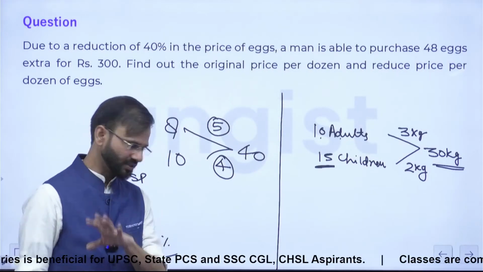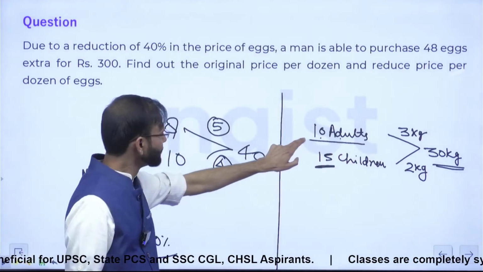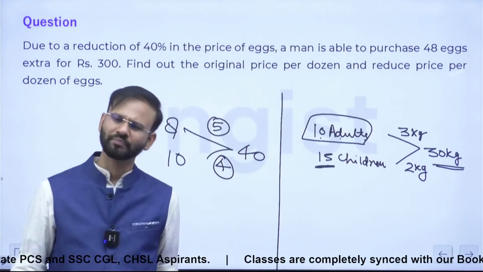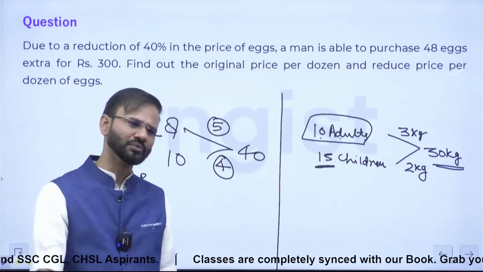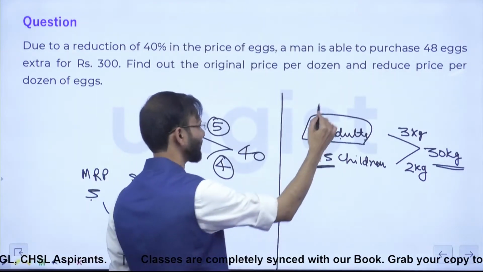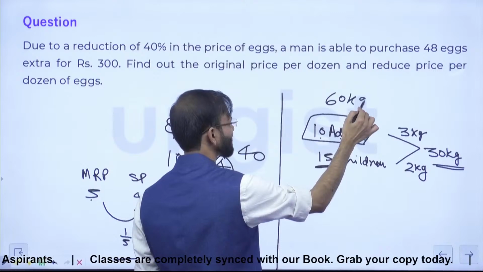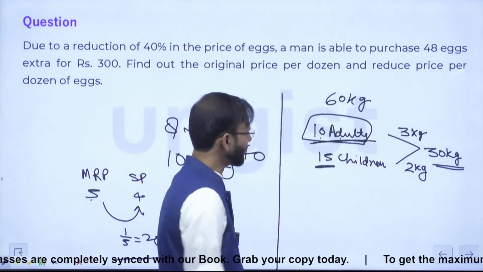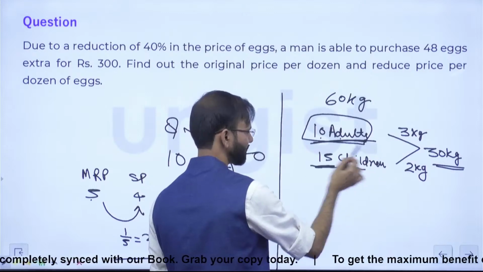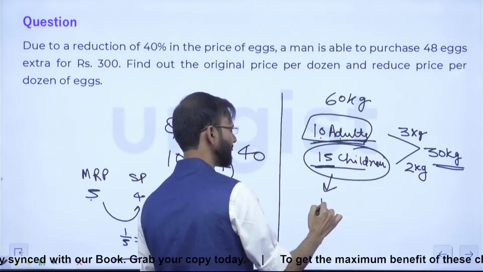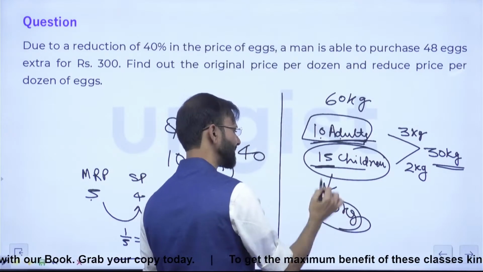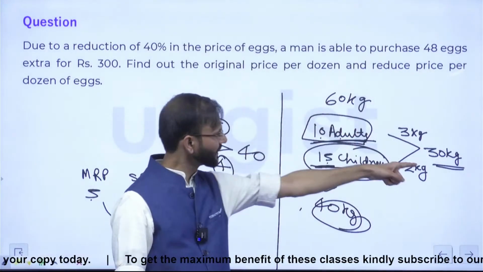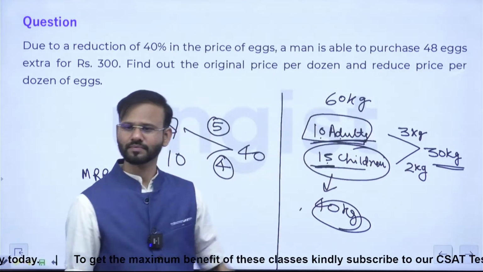आप इस चीज को सोचिए जरा कि 10 एडल्ट्स का कुछ वेट है, अगर मैं इनका एवरेज वेट लेट्स से मैं असूम कर लेता हूँ कुछ भी, लेट्स से 60 kg मान लेता हूँ. एक एडल्ट का एवरेज वेट अगर आप 60 kg मानेंगे तो ये 600 kg हो जाना चाहिए, राइट? और 15 चिल्ड्रन का एवरेज वेट अगर आप 40 kg मानेंगे तो भी ये 600 हो जाना चाहिए, राइट? मैं आपको बता दूं, जो भी नंबर यहां निकल के आएगा वो नंबर 30 का मल्टीपल ही होगा,